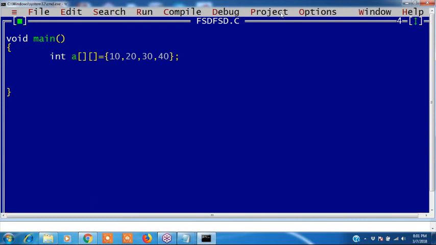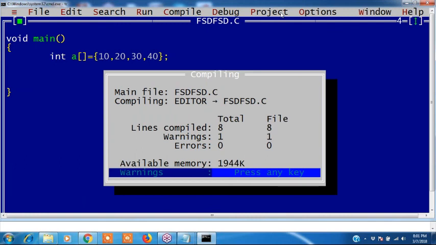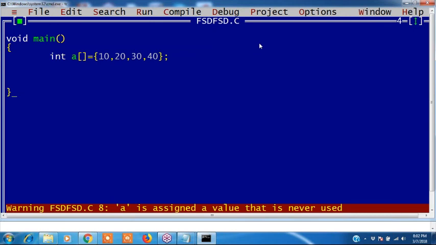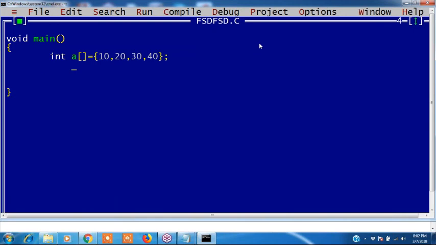If it is a single dimensional array, it is valid; there are no errors. If it is a double dimensional array, it is an error. And one more: now I am declaring rows.